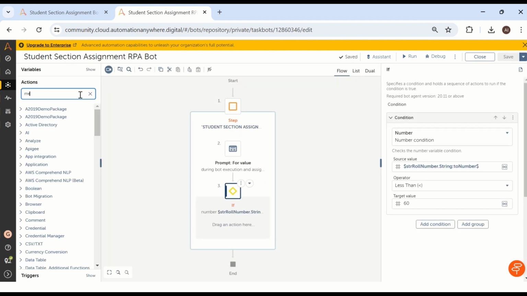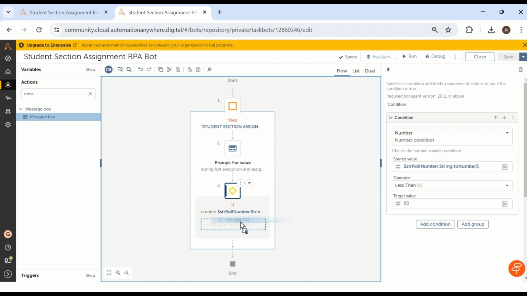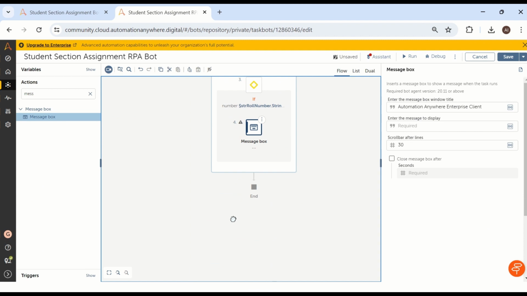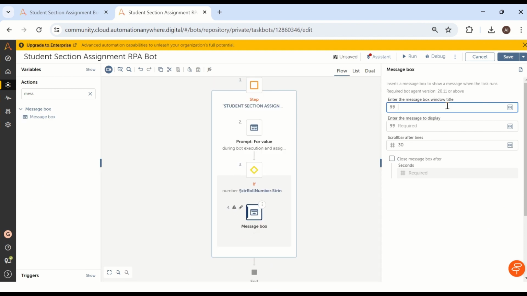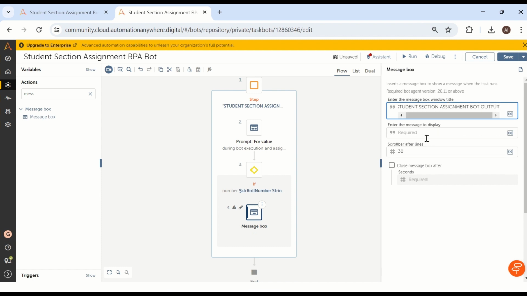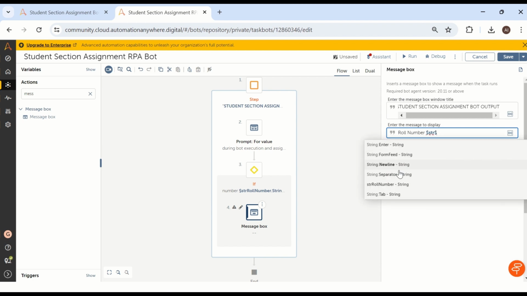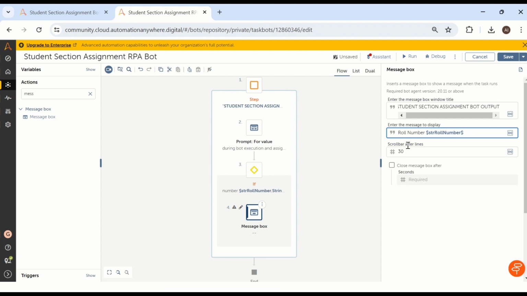Let me take a message box like this, drag and drop it inside the if condition, right? It's very easy, just drag and drop it. And here in the message box you can write student section assignment bot output, right? And the message is roll number. And what is the roll number? We have the roll number inside the str roll number variable. I'm just adding that roll number, str roll number, and